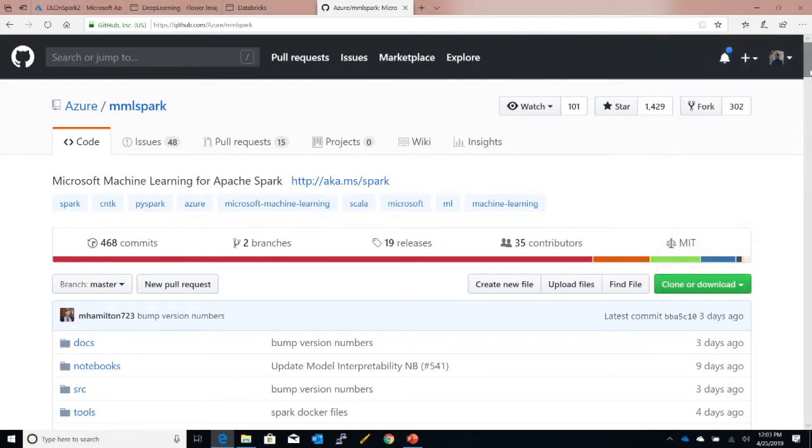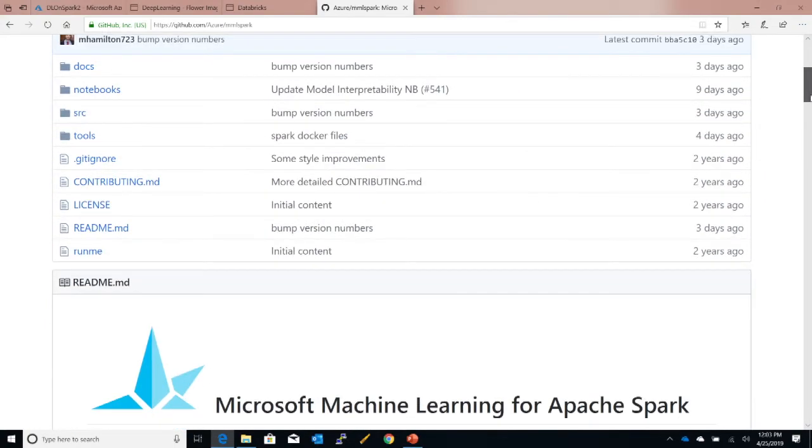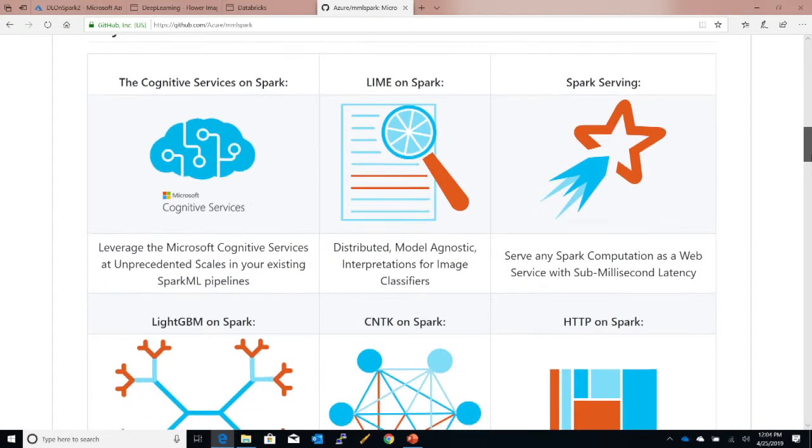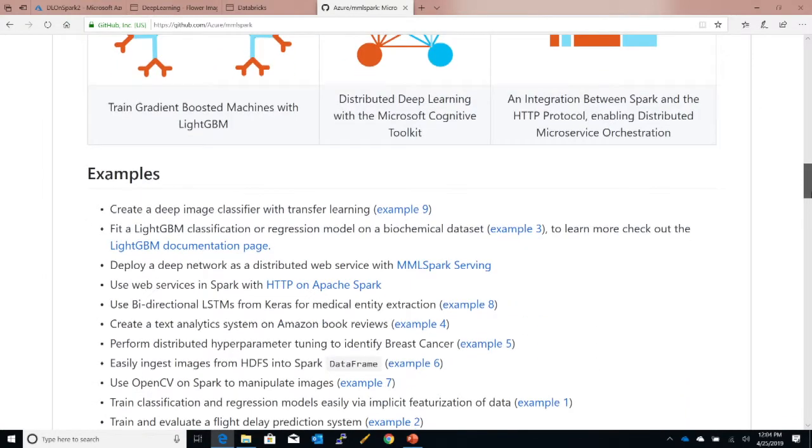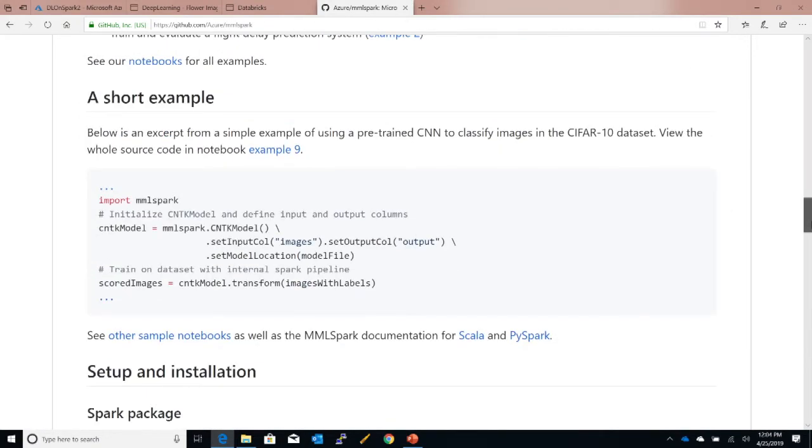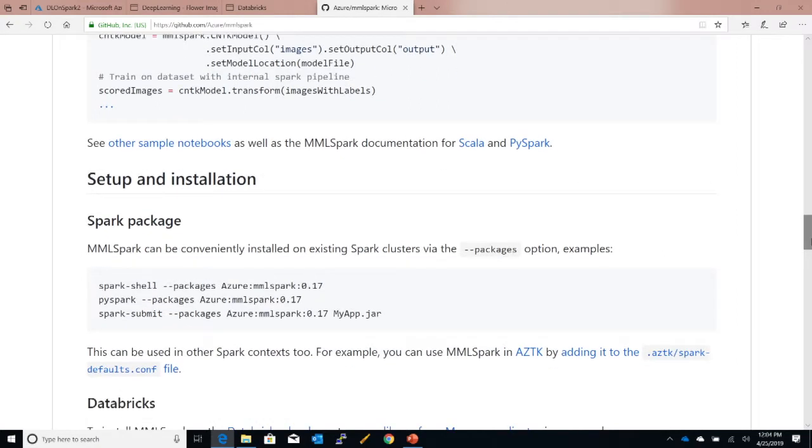And if you follow the instructions here, it will show you how to go about installing it, with a whole set of examples from very simple MNIST classification, right, to iris flower classification, to more complex examples. And it shows you how to get started and install this in a Spark cluster, right?